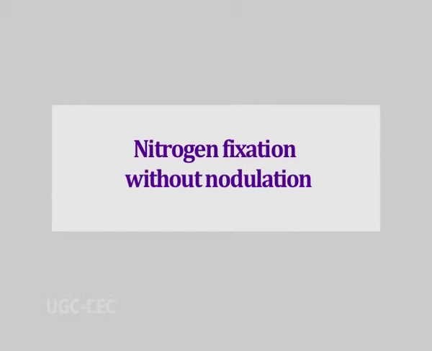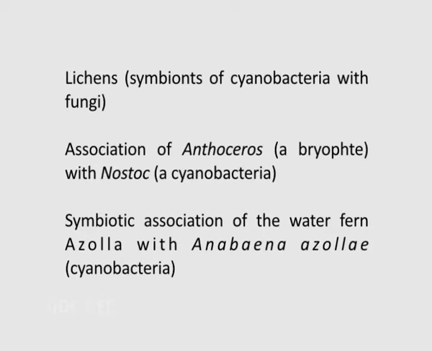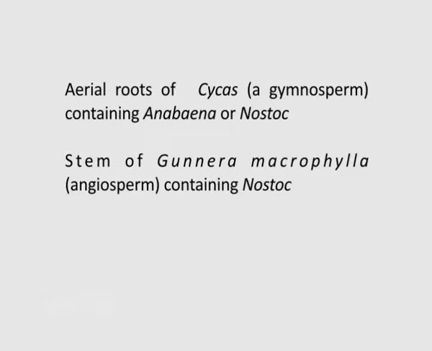Next, let us learn about nitrogen fixation without nodulation. Nitrogen fixation also takes place in some plants by symbiotic association but without forming root nodules. Some examples of this type of nitrogen fixation are lichens, which are symbionts of cyanobacteria with fungi. Then the association of Anthoceros, a bryophyte, with Nostoc, which is a cyanobacterium. Then the symbiotic association of the water fern Azolla with Anabaena azollae, which is a cyanobacterium. Aerial roots of Cycas, which is a gymnosperm, containing Anabaena or Nostoc, and the stem of Gunnera macrophylla, which is an